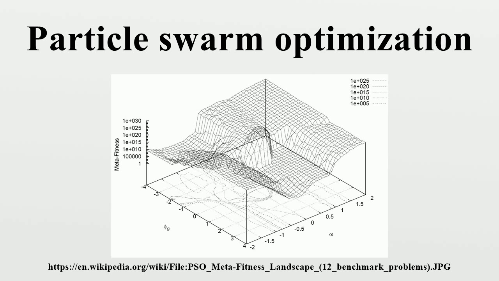Initialize the particle's best-known position to its initial position, p_i ← x_i. If f(p_i) < f(g), update the swarm's best-known position, g ← p_i. Initialize the particle's velocity, v_i ~ U(-|b_up - b_lo|, |b_up - b_lo|). Until a termination criterion is met: